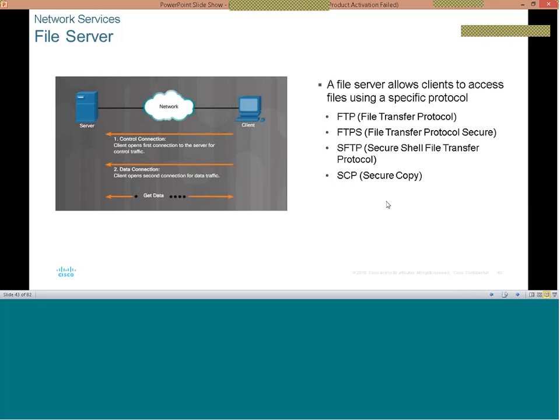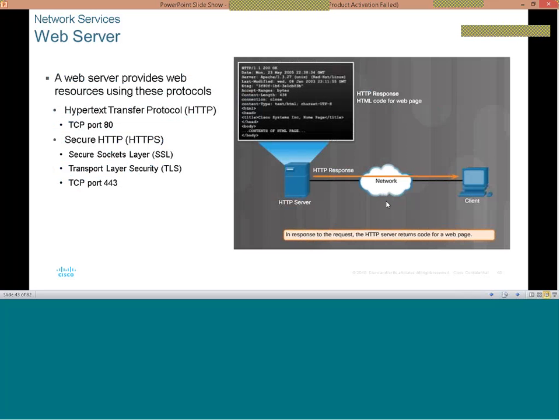So this is the web server. We explained that HTTP is port 80 and HTTPS is port 443. So this is still the mail server,